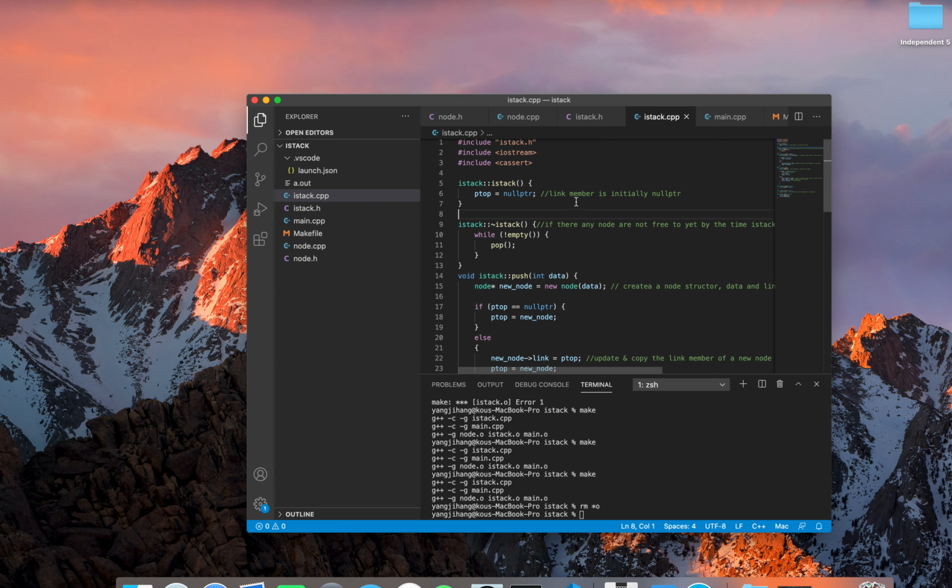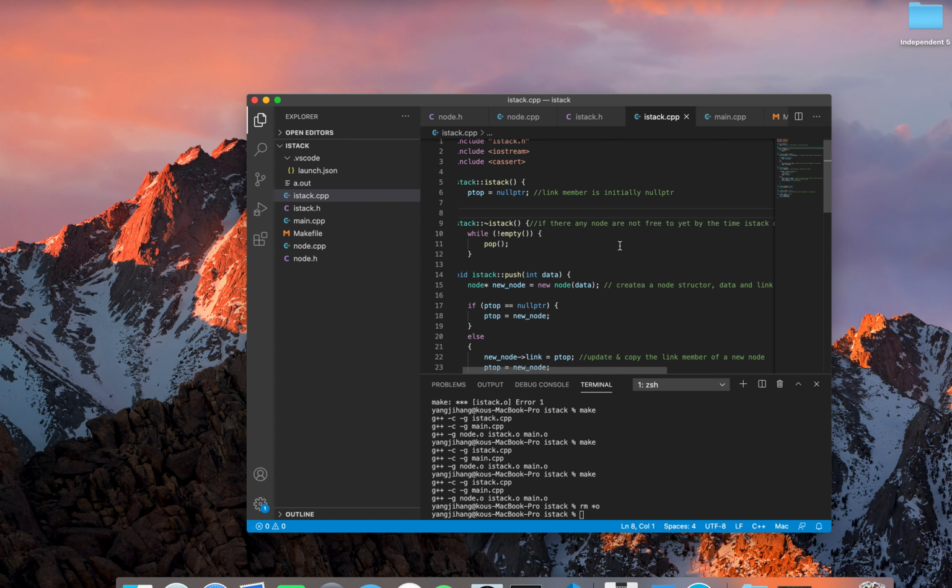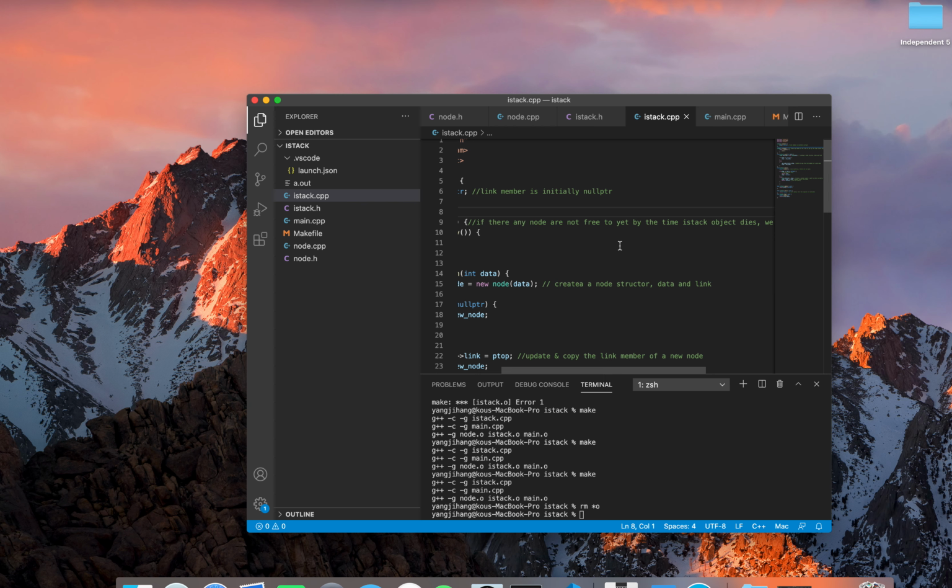There's a single link to connect each node, right? So p top is equal to null pointer. That's the constructor value. The link member is initially null pointer. And the destructor: if there are any nodes not freed yet by the time the infinite stack